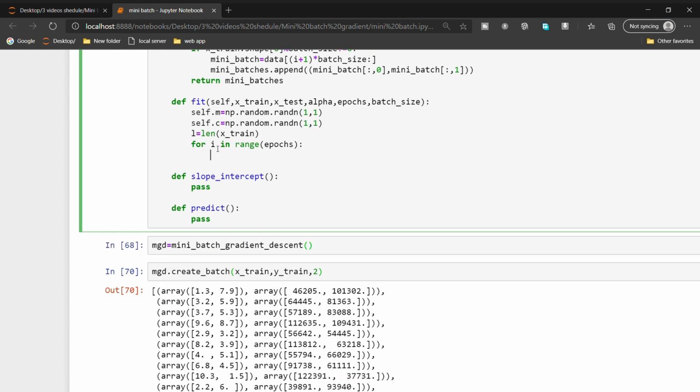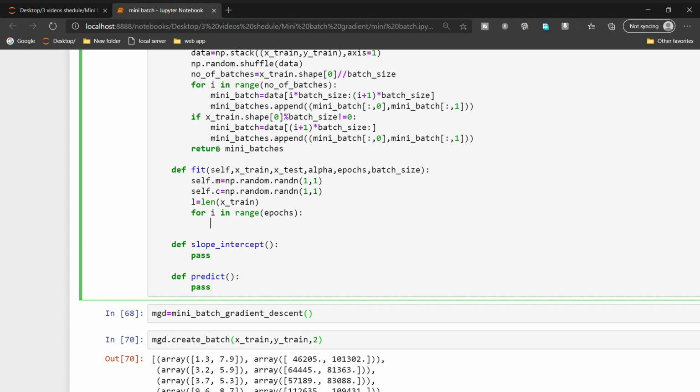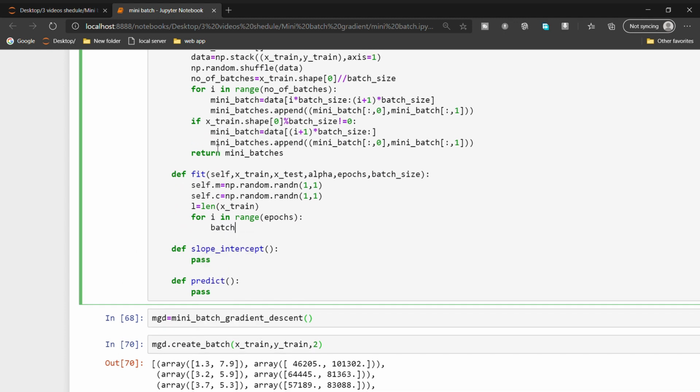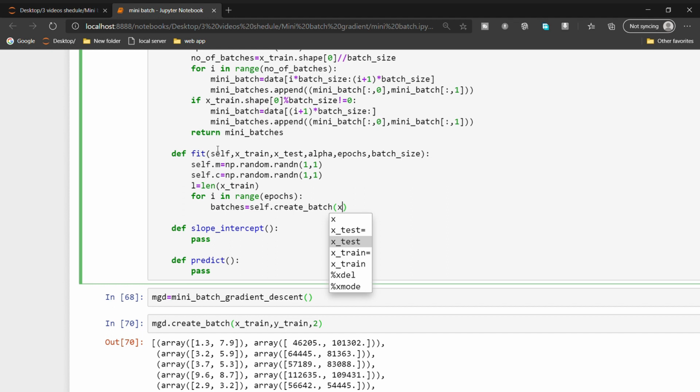So now we need to retrieve the batches. I'm getting batches equal to self dot create batch. I'm passing the variables x train comma y train comma batch size.